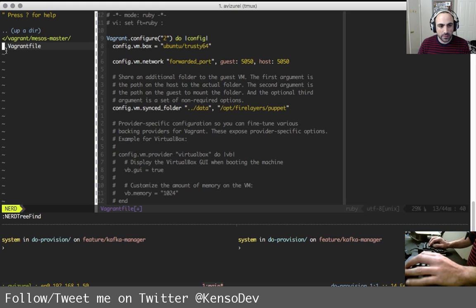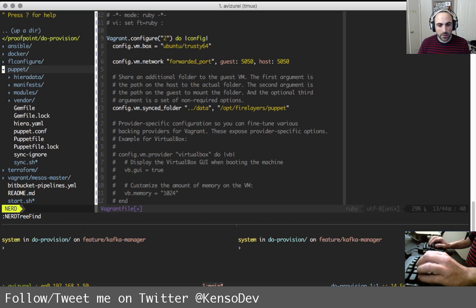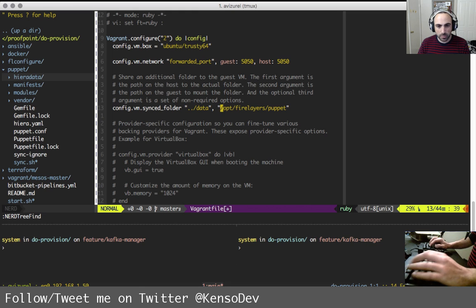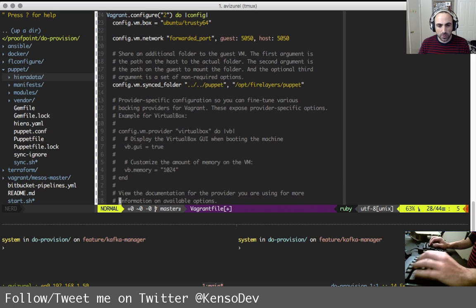All right, so let's see what we need to sync. One folder up, one folder, and then puppet. All right, so two folders up and then puppet. So this is the folder that we're going to sync, so we always have the puppet.